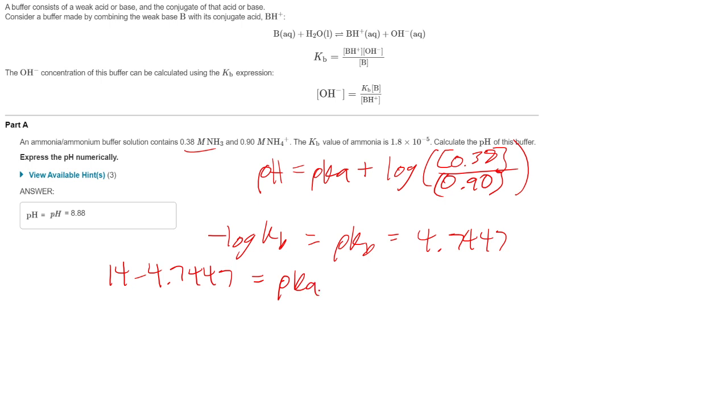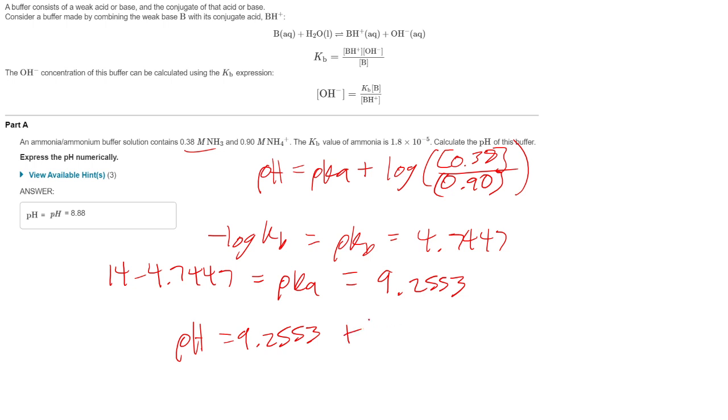Now that gives us pKa. And so that'd be 9.2553. So our pH would then equal